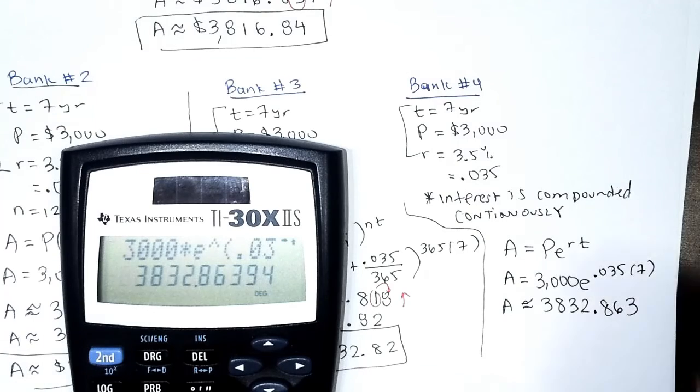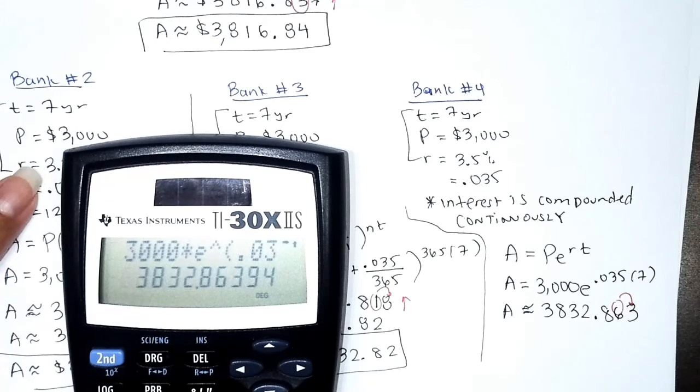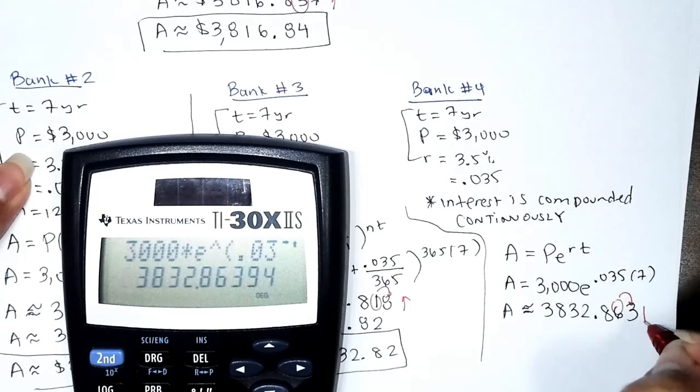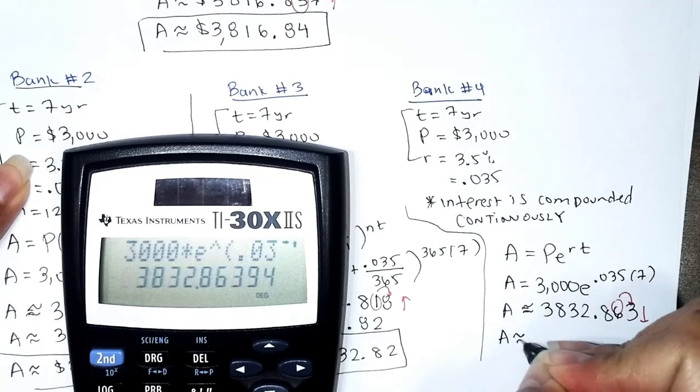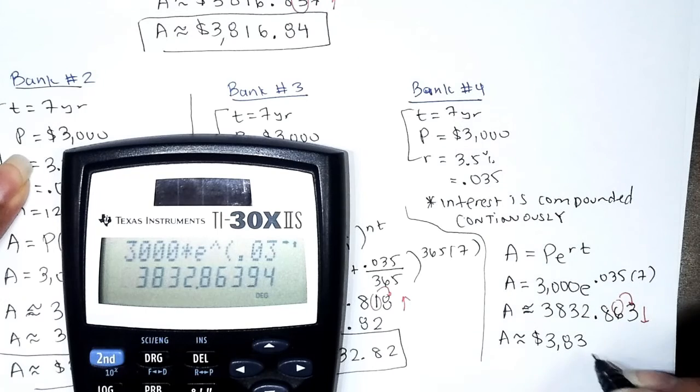Okay, so let's see if we're going to round up or down. In this case, we're going to round down. So the final amount is about 3,000. If it was 38,000, oh, tell me where that bank is. Sorry. The final amount is